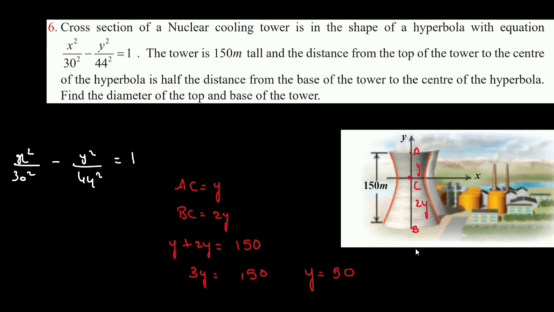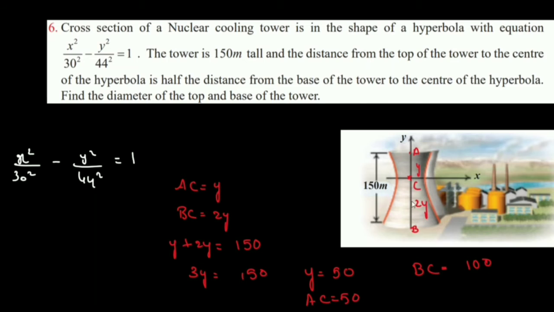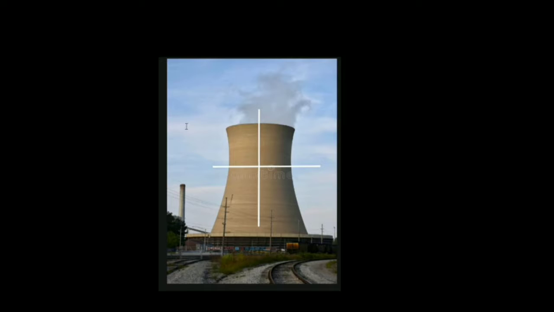And what will be BC then? So BC will be equal to 100. So AC is 50 and this distance BC is 100. So you can see this picture here. This is a tower, a cooling tower. Now the center of the hyperbola, and you can see the hyperbola here. This is the center. So this is 50 and this is 100